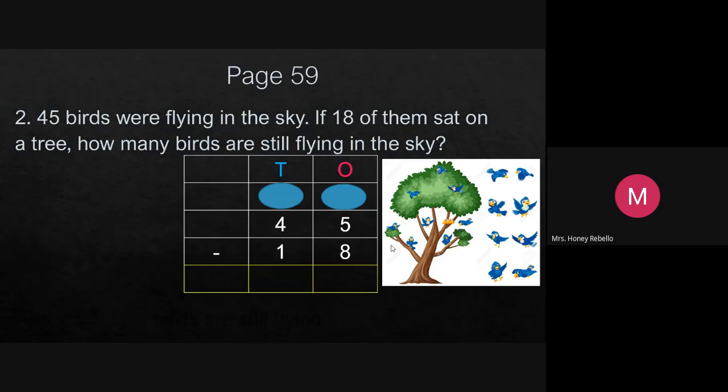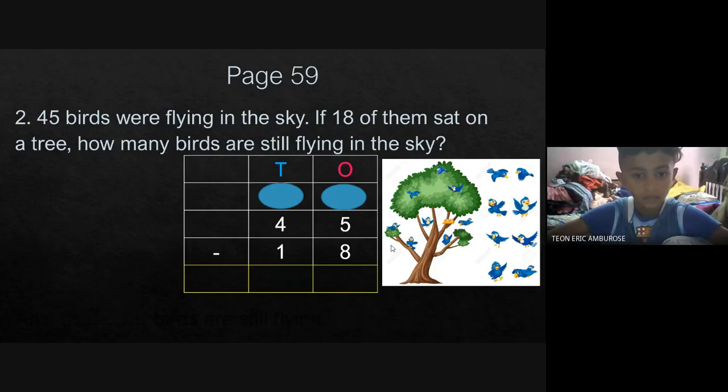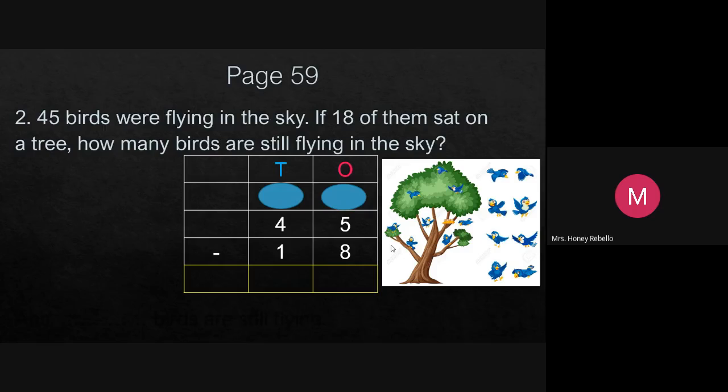Now tell me, Tion, don't go. Tell me the numbers to be circled. First number. I told you to circle the numbers. How many birds? First you read. 45 birds. So which one? Please tell fast, children. I explained the first one. Which number do I have to circle? In the question. Don't come to the answer. In the question.